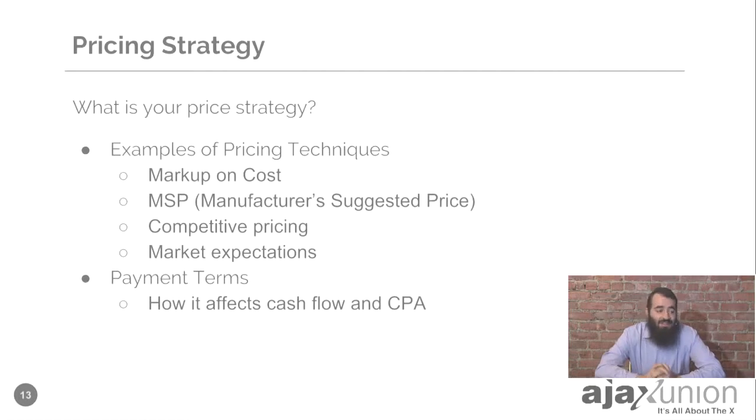Some examples of pricing techniques is markup on cost. Something costs you a certain price, and you mark it up higher than what it costs you. Some of it has to do with MSRP, manufacturer suggested retail price. You cannot charge products... it becomes very, very difficult. If you're selling something on Amazon, you can't suddenly charge 4 times the price for the same product because no one's going to really want to buy from you.